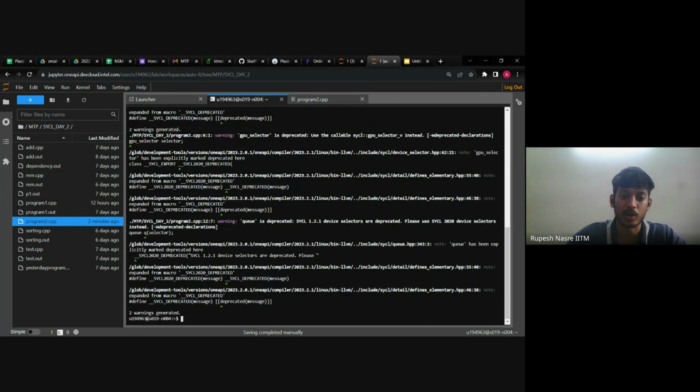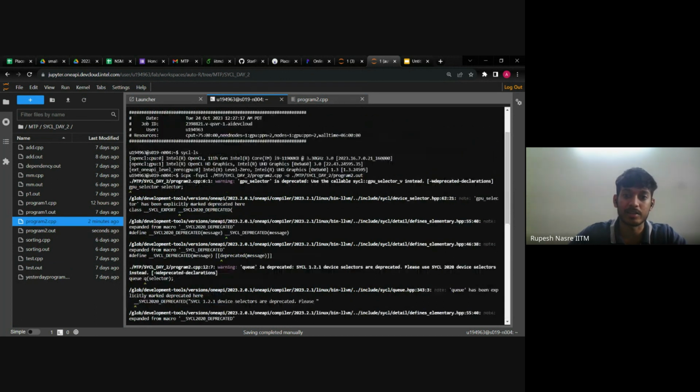So there are a lot of warnings, but only two warnings we are getting, so you can ignore that. It will execute. After compiling this program2.out, we can see that inside the MTP and then inside the Sycl D2 folder, there is